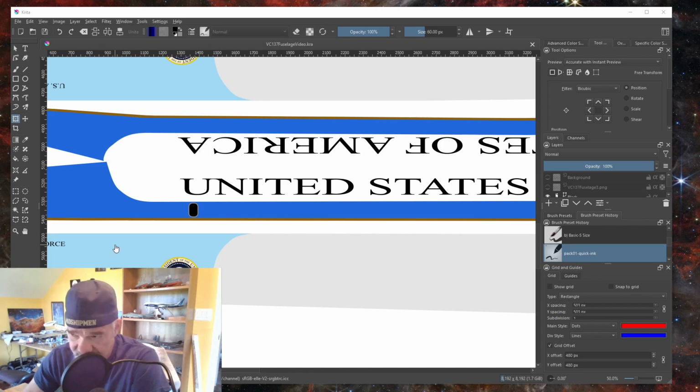And I'm working on that model. I'm actually converting a KC-135R into the VC-137. Anyway, I'm working on the paint job, the iconic paint job for the Air Force One. And we got a row of windows that we need to put in, and I just want to show you how simple it is in Krita,